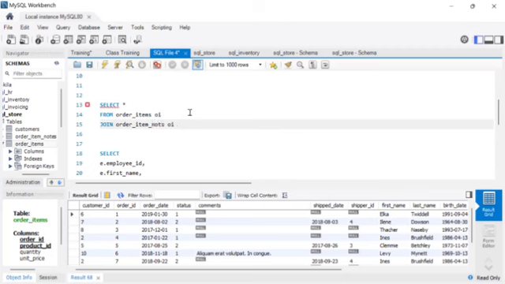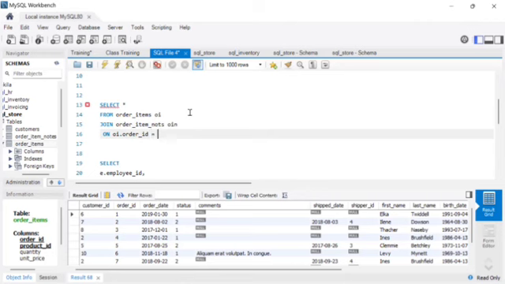So we're going to call this one OIN on OI.order_ID equals to OIN.order_ID. So we're mapping the order ID from the order item table to the order ID on the order item notes